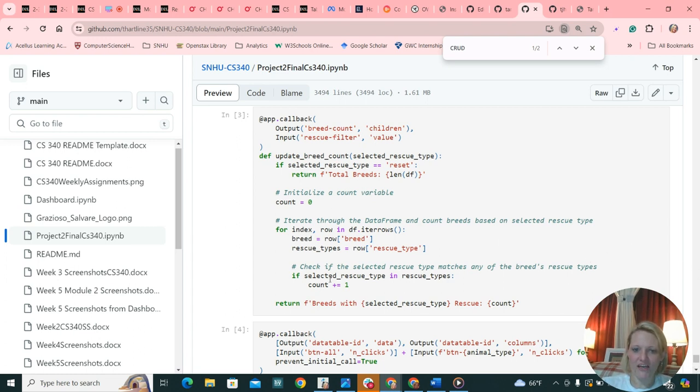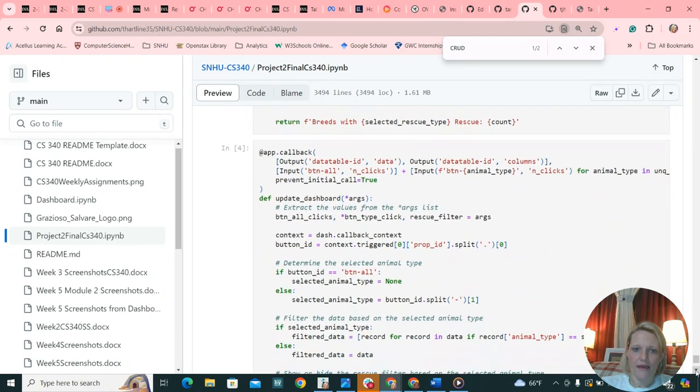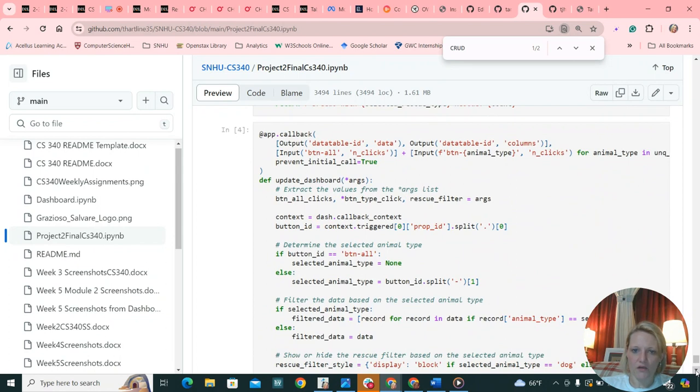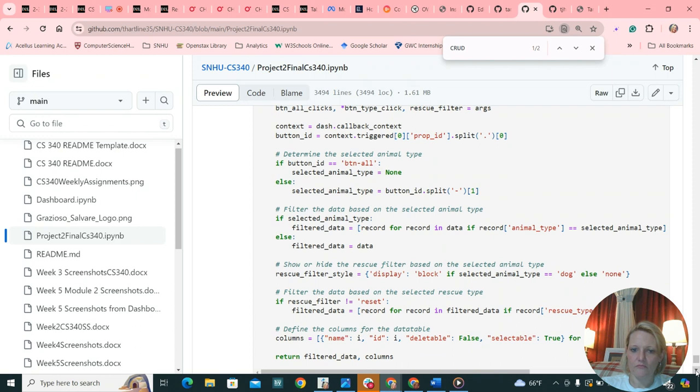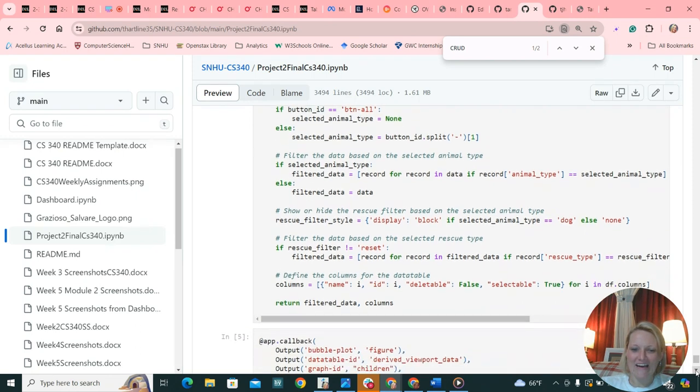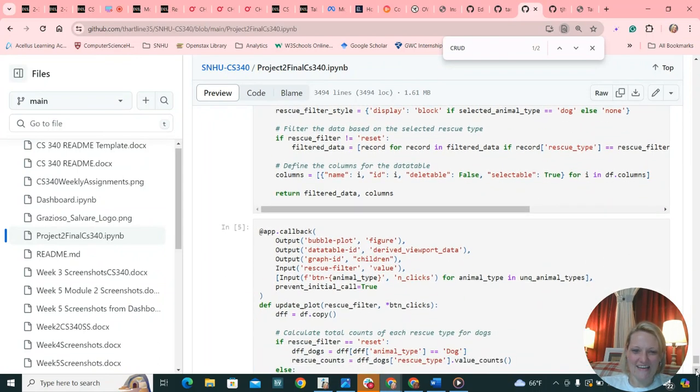And then here, if selected rescue type is in the rescue types, just add 1, which is just initializing the count variable, and then updating the dashboard. Again, everything looks well structured, very well documented, almost to the extreme, I know. And then update the plot,